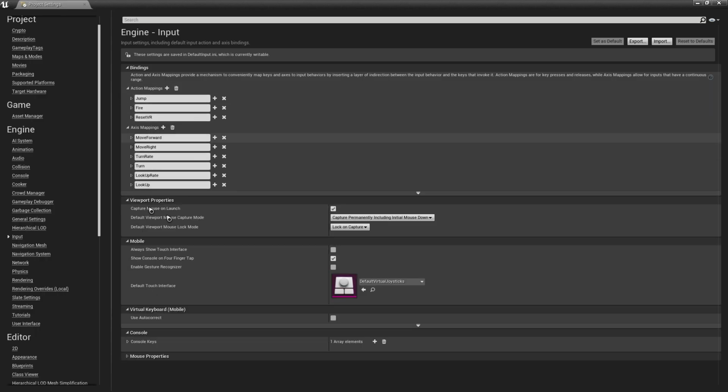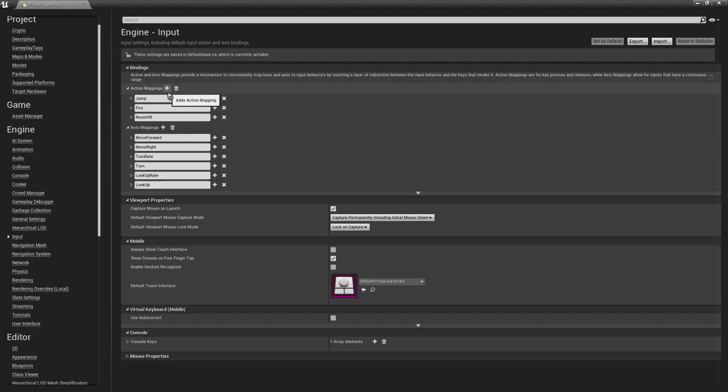This is where you can see all the registered mouse and other character controls that the first person mode is using, like jump, fire, reset VR. In axis mappings, we have move forward, move right, turn, look up rate, and look up.